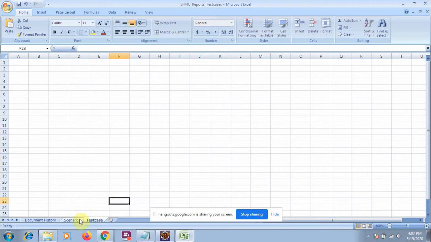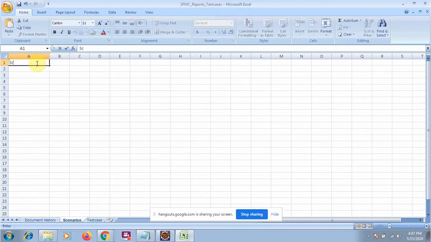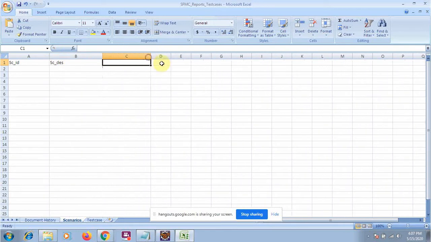So what will happen in the scenario? This tab is useful in the keyword driven framework. First of all, in manual testing we have the scenario ID, then the scenario description, and I'm not writing all these things in an elaborate way. My agenda is to explain how keyword driven is working.